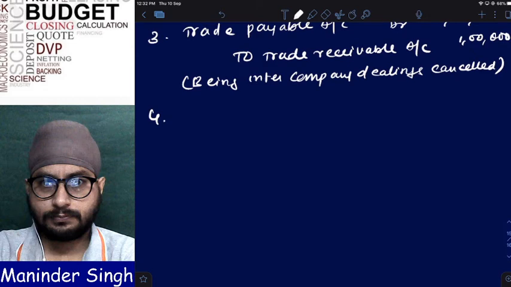Just now I told, right? Capital reserve is given. Capital reserve will be there. Why P&L account? AS 14 clearly tells adjust in capital reserve. Simple. Now don't ask a doubt, sir, if capital reserve is not there. Capital reserve will be there.